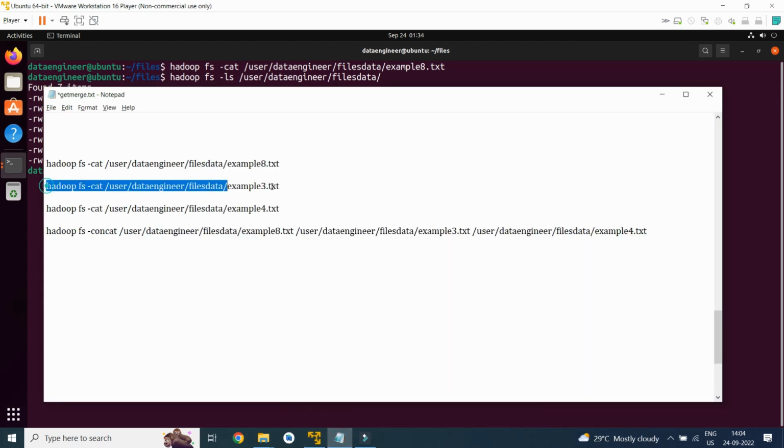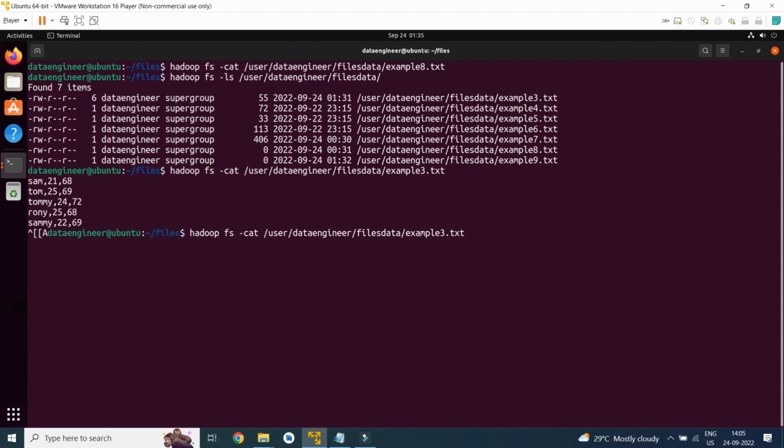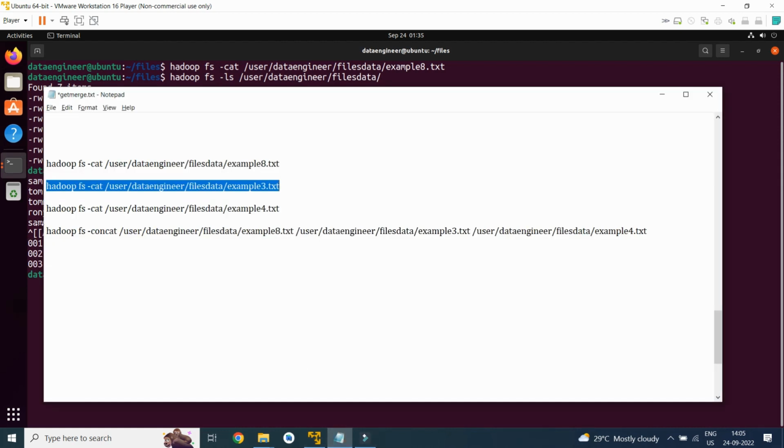Now let's display the content of example3.txt. Let's display the content of example4.txt. We are going to merge these two files into a single file. So for that I will write